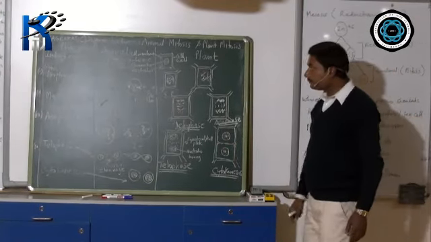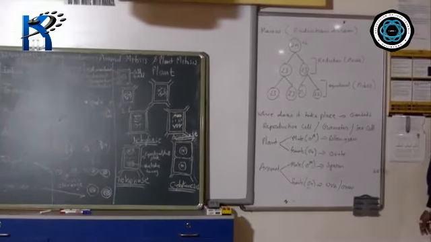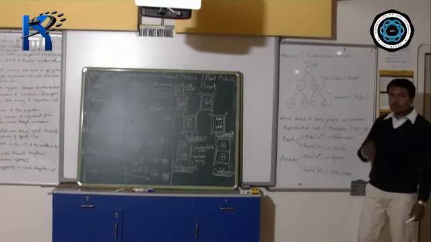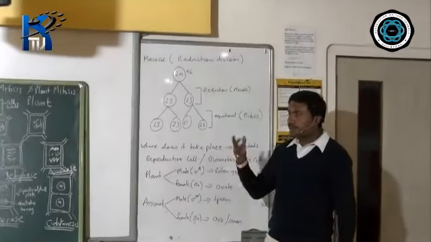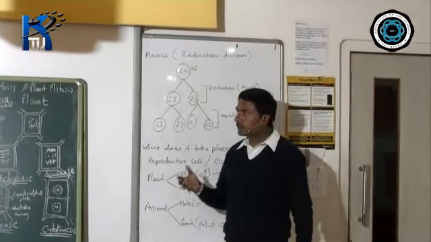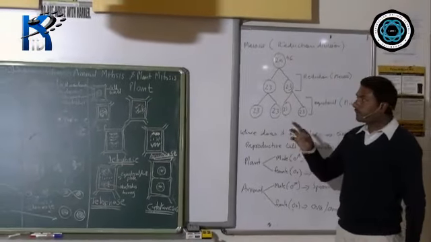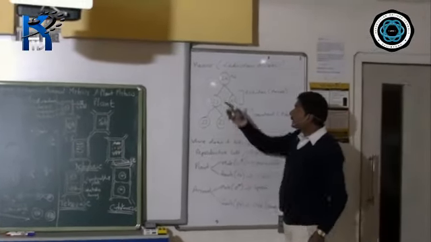This is the difference. Now, let's move on to the next part. We have discussed yesterday that there are two types of cell division. One is mitosis, another one is meiosis. Mitosis we have already come across. Where does it take place? What are the processes? Difference between plant mitosis and animal mitosis. Now come to the next part, that is meiosis.